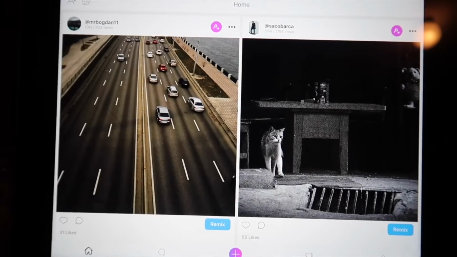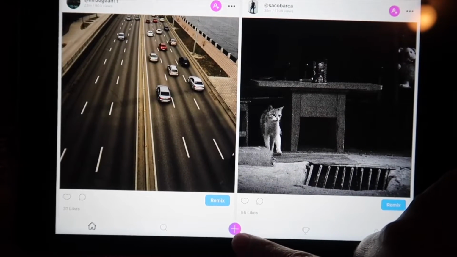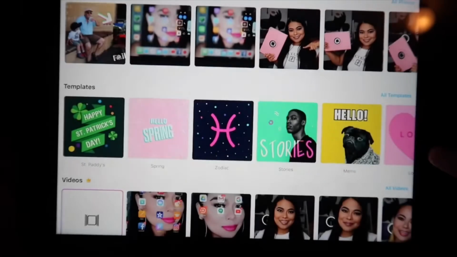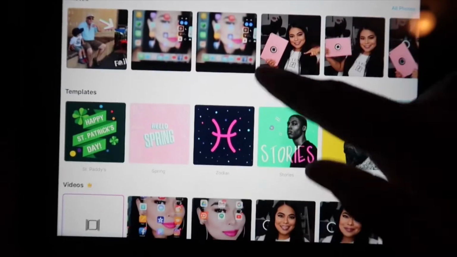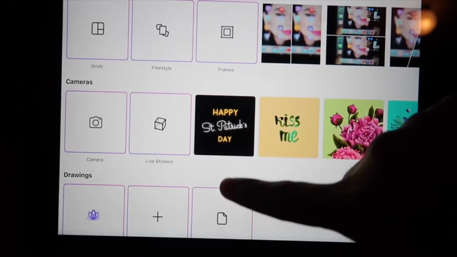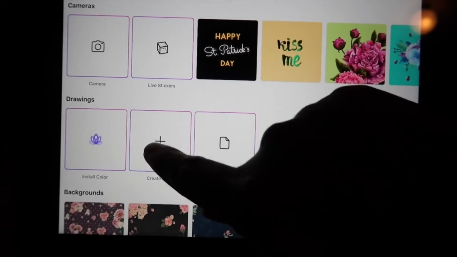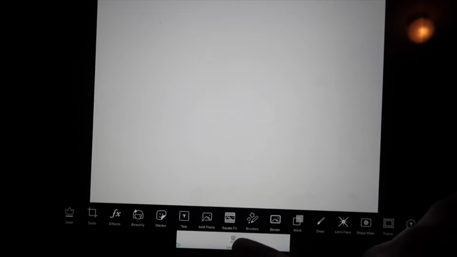If you can see, I'm going to use this plus sign here. I'm going to click that one, and then we're in this All Photos, but I'm going to scroll down, and you can see this splash arrow here, that one there, and then edit. Once I've edited that, I'm going to show you. I'm going to square fit,